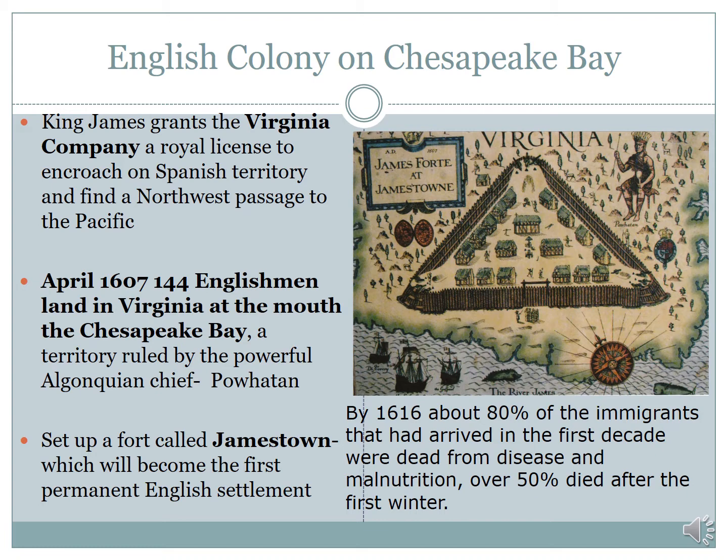So the Virginia Company sets off. It's April 1607. There's 144 English men, all men, on 3 separate ships, and they land in Virginia at the mouth of the Chesapeake Bay in May. Now, they go inland a little bit into the Chesapeake, into the various rivers, and they decide that they are going to build an